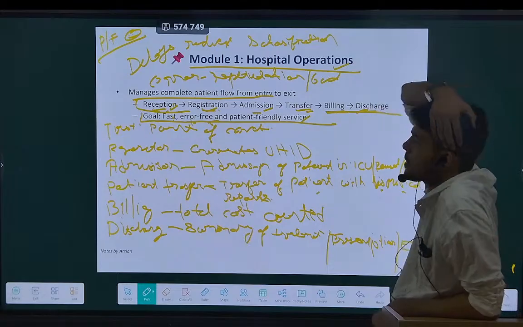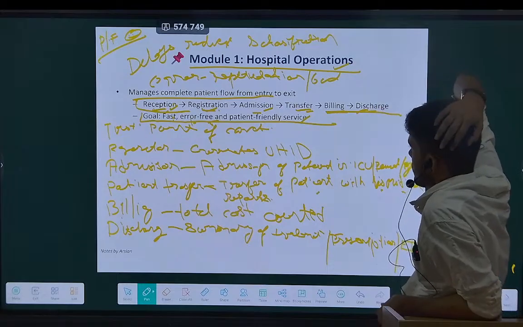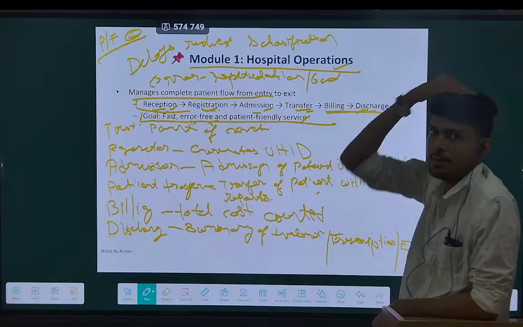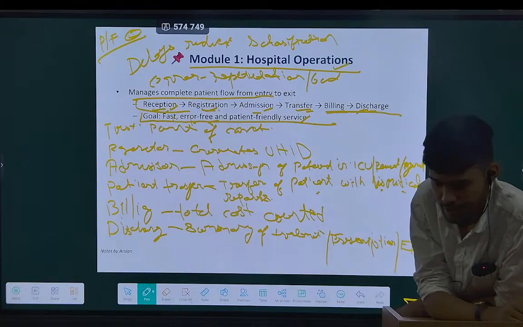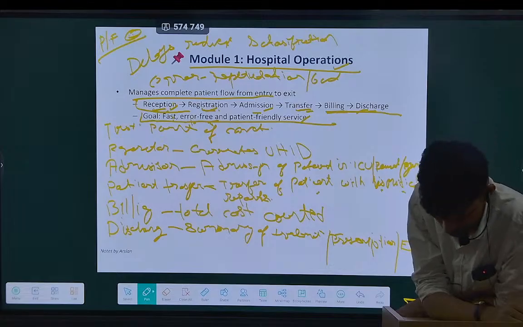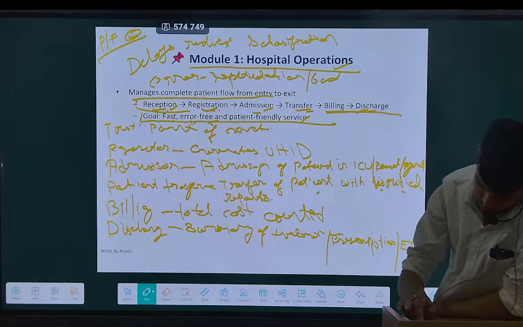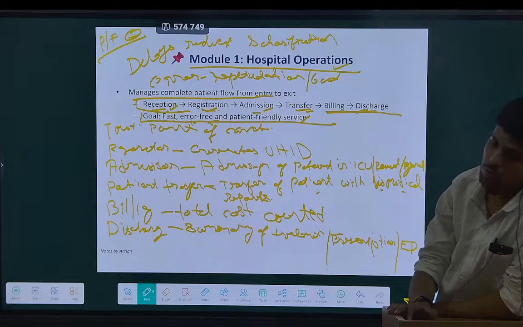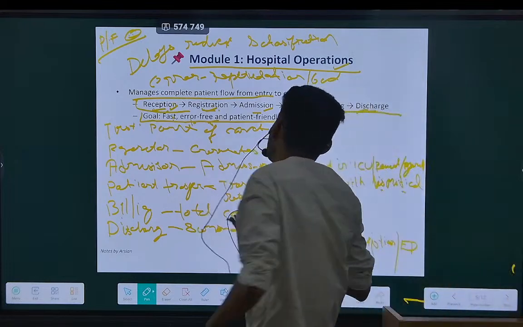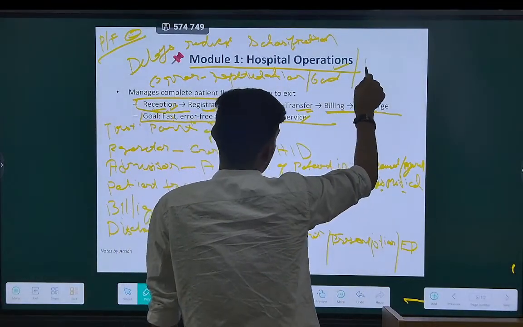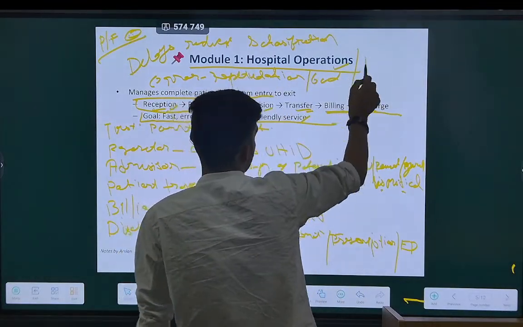What is the process of transfer? What are the things which are contained at billing? What is given at the discharge? So module 1, the first chapter of module 1, is hospital operation,